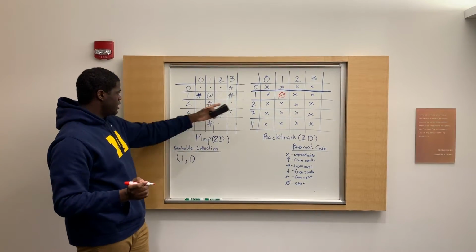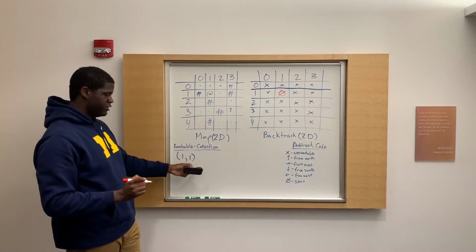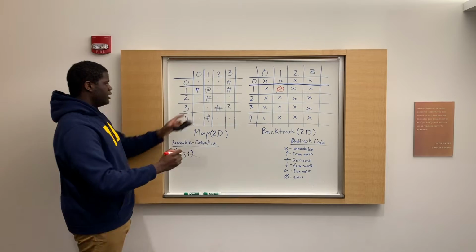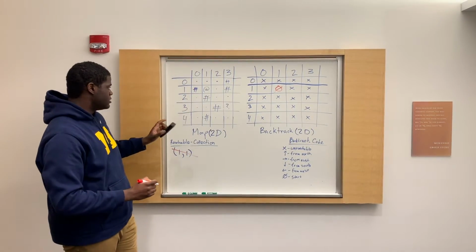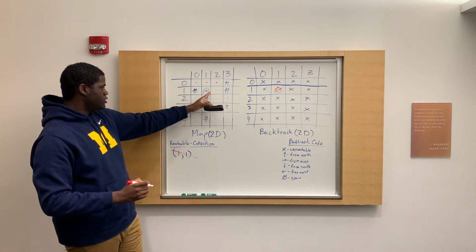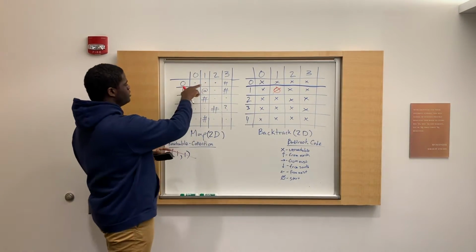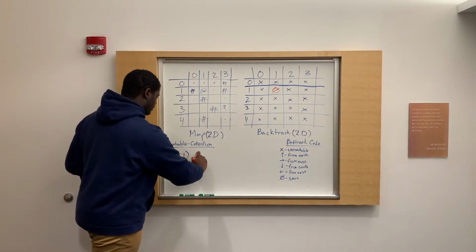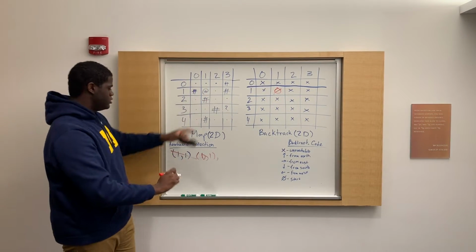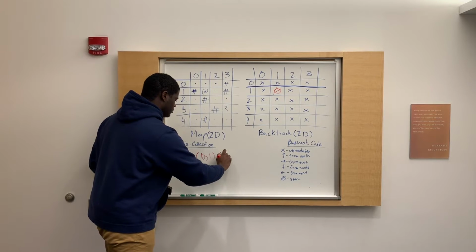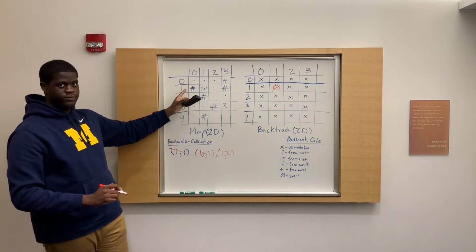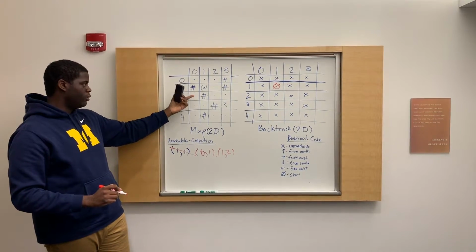Next, we're going to take the starting position out of our reachable collection. I already put it in here, so we're going to take it out. That's 1, 1, and then we're going to add all of its eligible neighbors. Looking at this, the eligible neighbors are going to be 1, 2, or well, 0, 1 if we go in order, and then 1, 2. As you can see, the one below it and to its left are both walls,